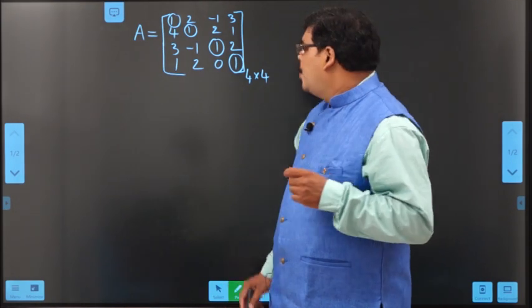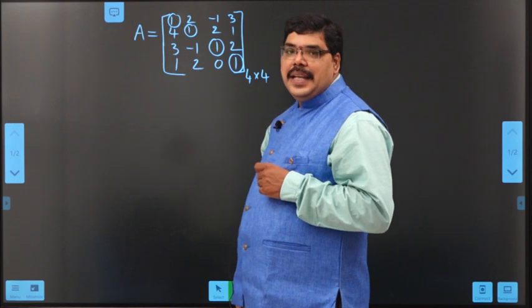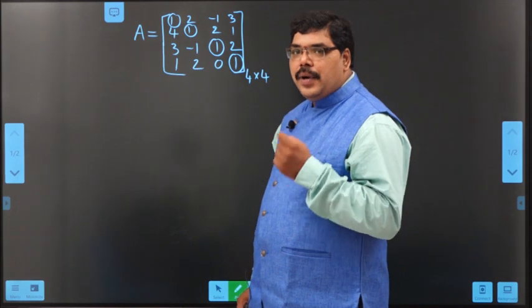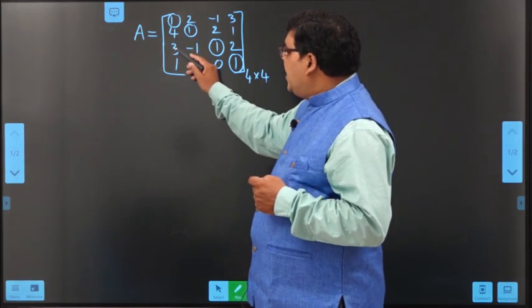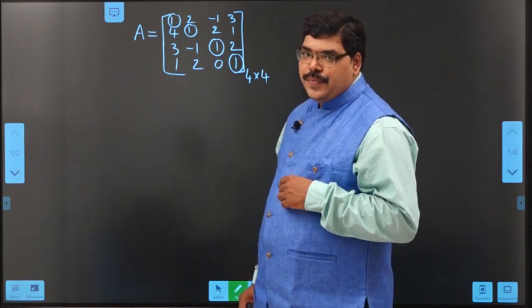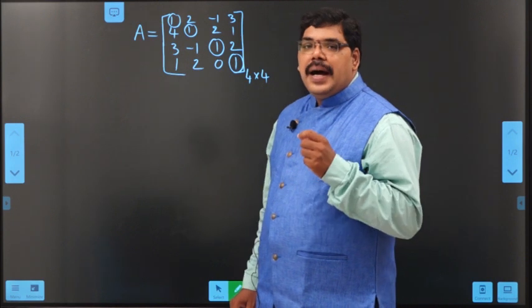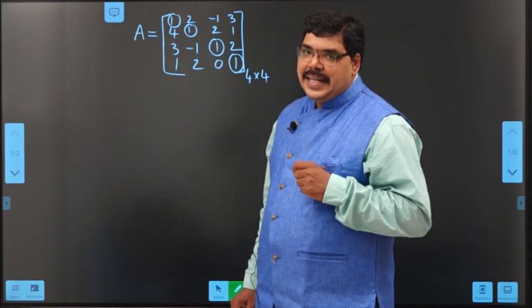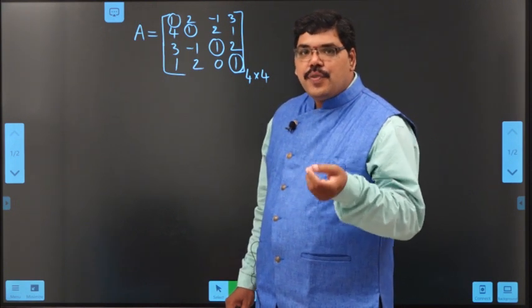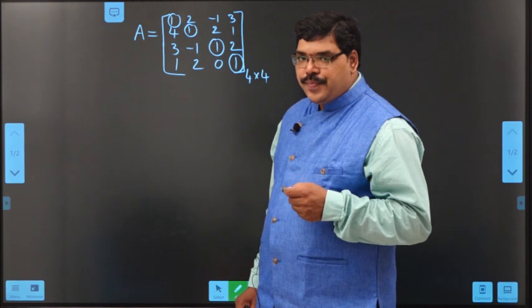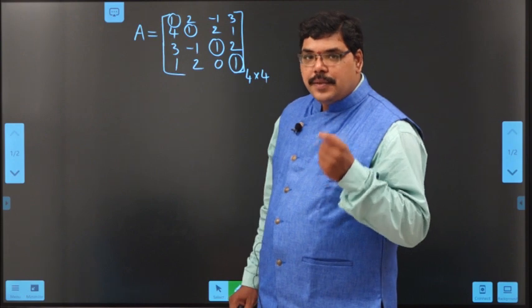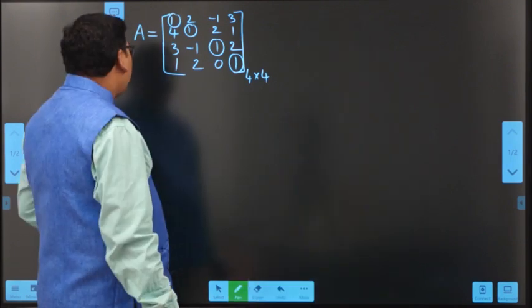So using the first diagonal element in row 1, I want to reduce the remaining elements in the other rows in the first position into zeros. What I want to do is use the first diagonal element and reduce the elements in the first position of the other rows into zeros. What row operations do we have to apply?